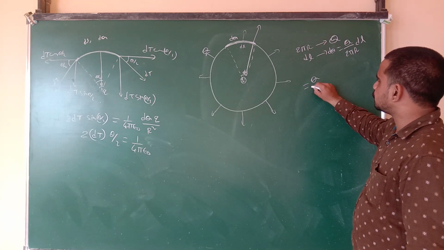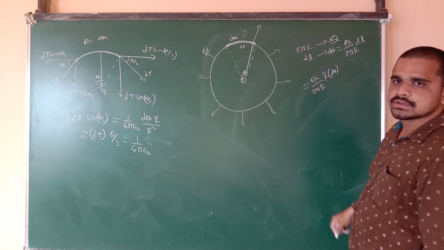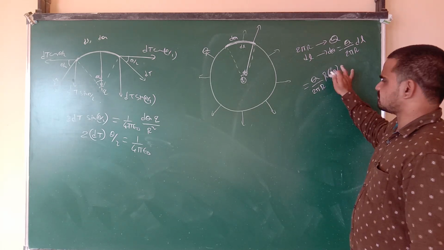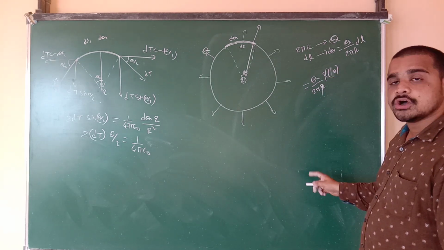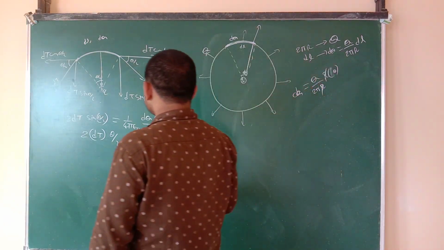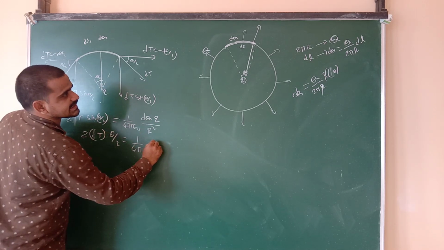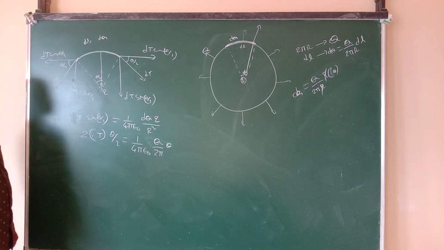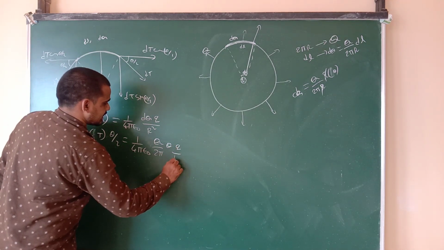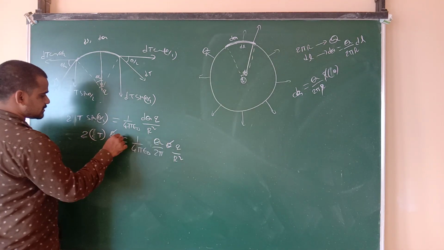So I will write this expression further here. 2 pi r. dl means r d theta, r into theta angle. Take angle as theta, theta itself. So r cancels. How much did you get for dq now? dq means I can write here as q by 2 pi into theta, into q by r square. Correct? So if you observe here, theta theta cancel, 2 cancel.